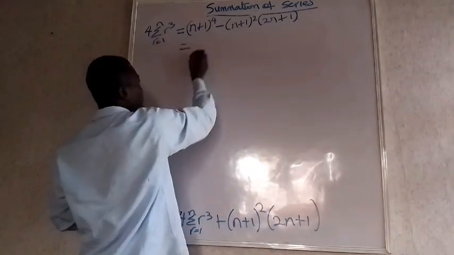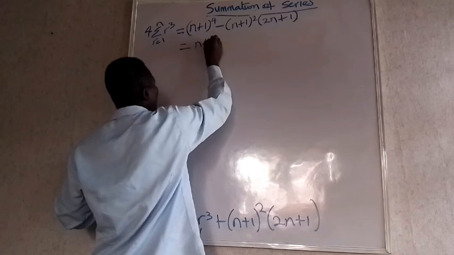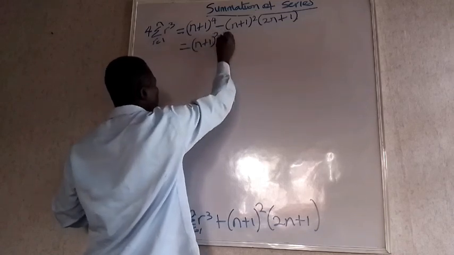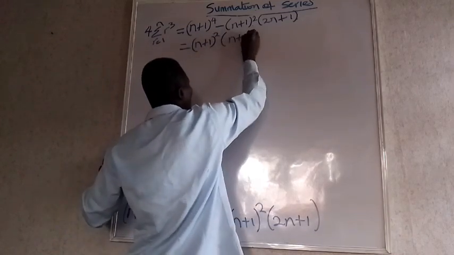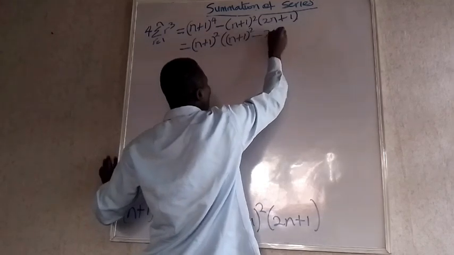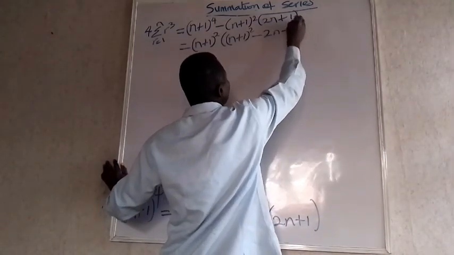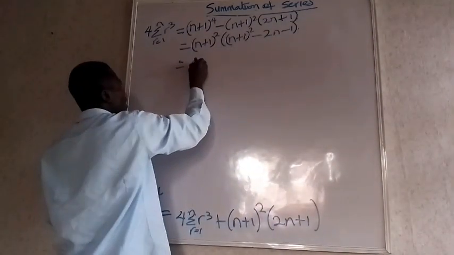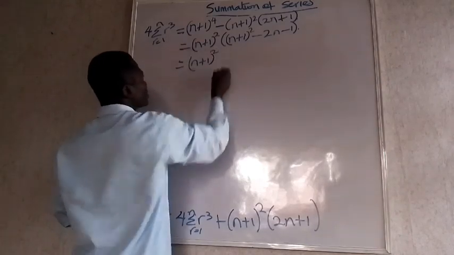So this is going to give me n plus 1 squared into n plus 1 squared minus 2n minus 1. So this is n plus 1 all squared